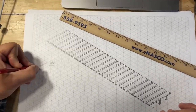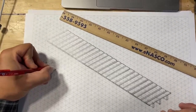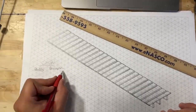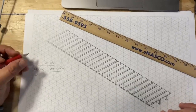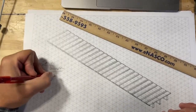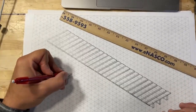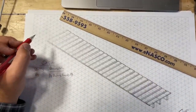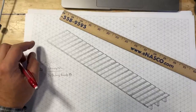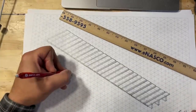Quantity and description. I've got a quantity of 24, and these are going to be 5/4 decking boards at 36 inch would be our safe minimum. 36 1/8, we could leave them strong, snap a line, rip all these if we don't get them spaced evenly. We don't really want the edges to wander, so 36 inches,